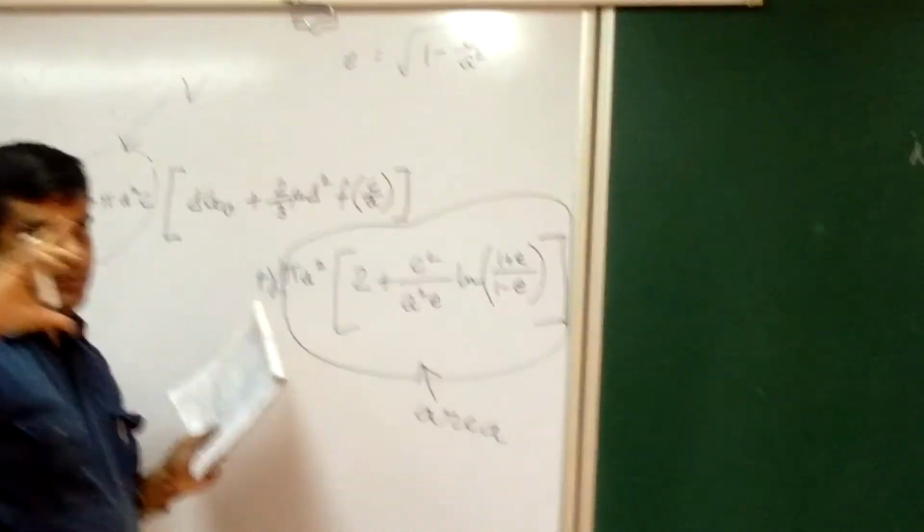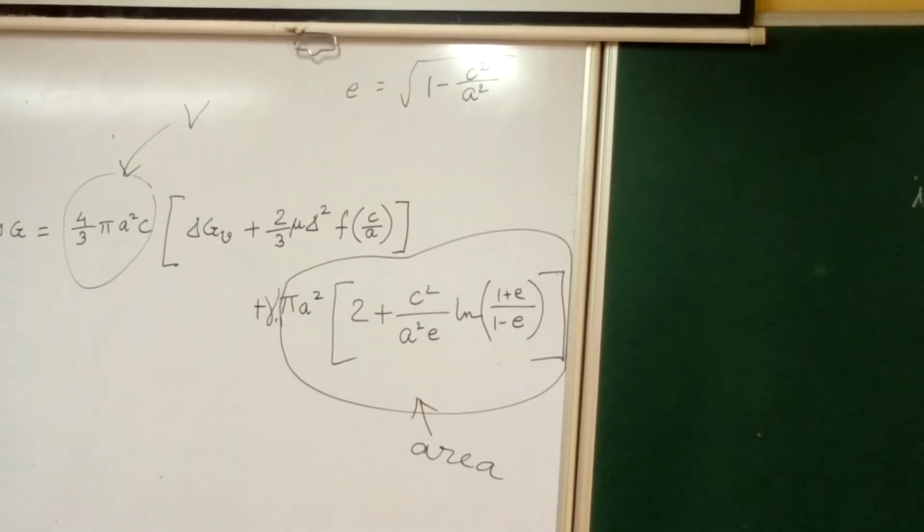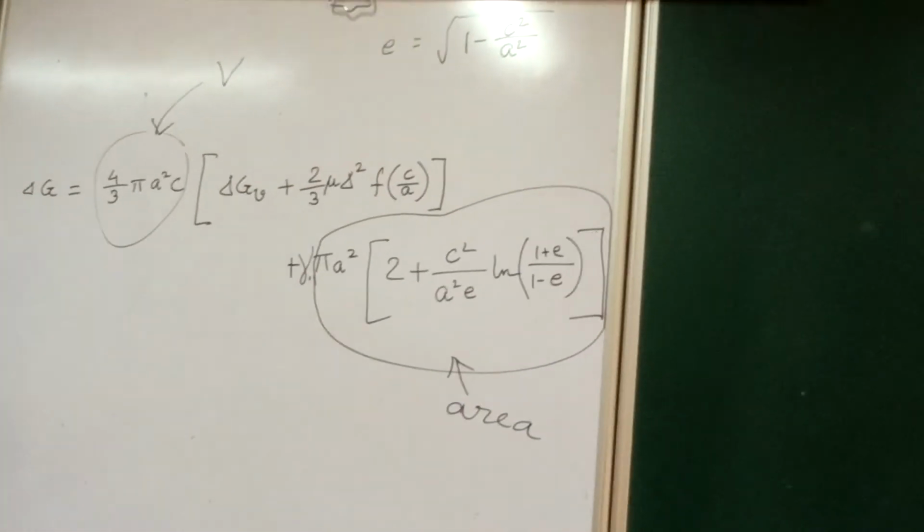C is your polar radius, A is your equatorial radius,